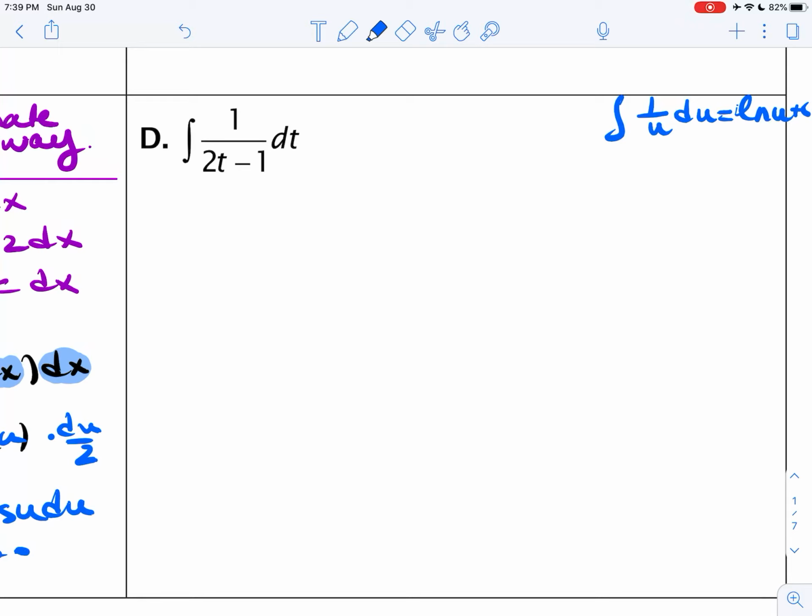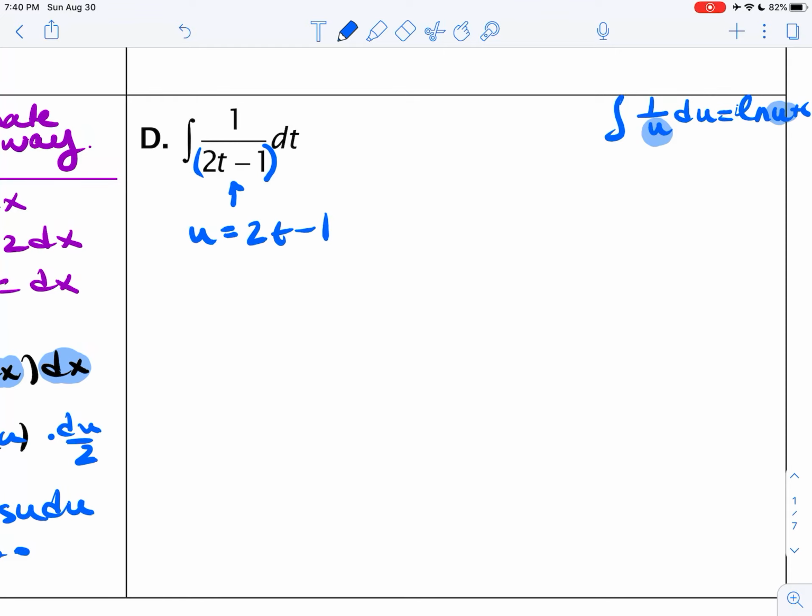So if I'm ever faced with a function that is 1 over or even 2 over, it doesn't matter what number's in the numerator, but if I have a constant over a linear function, something that is to the degree 1, I can remember having that basic table, and I might be able to consider u substitution. So don't forget that with a fraction, the numerator is entirely in parentheses and the denominator is entirely in parentheses. And so we can extend this to other u substitutions as well. But I'm going to go inside,